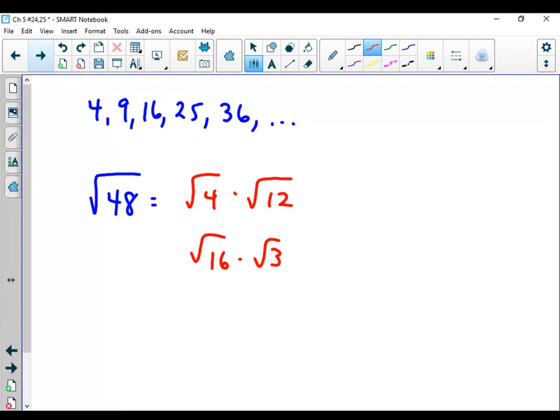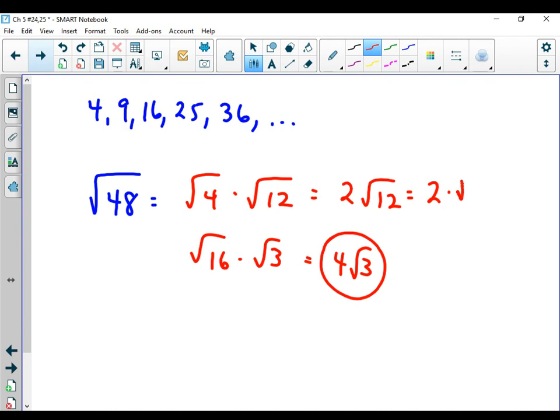If I really have it simplified, I should get the same answer. If I started with this here, I would now have 2 square roots of 12. If I went here, I'm going to have 4 square roots of 3. This is really the simplified form of it. Now, that doesn't mean I couldn't get there from that first method, though. Because if I looked at 12, and I divide 12 by something that's up here, 4, so I could actually write this one as